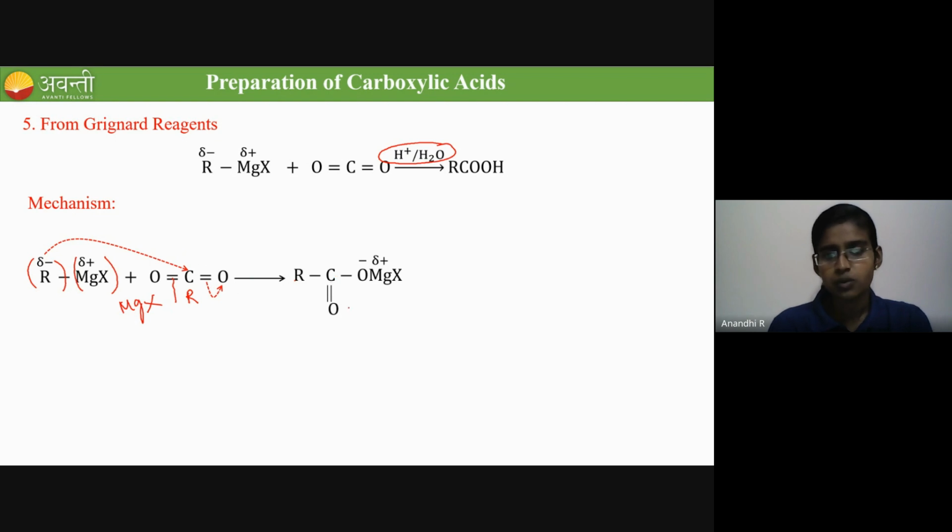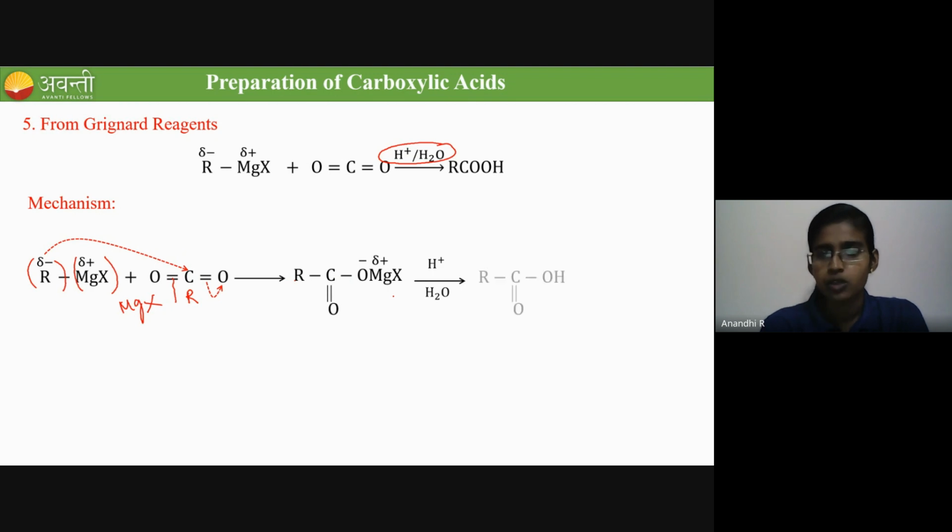One C double bond O is there. So here they have added here to this carbon, I have added here. No matter. Both are going to give you the same intermediate. So an OMgX bond is formed. And this OMgX on acidic hydrolysis